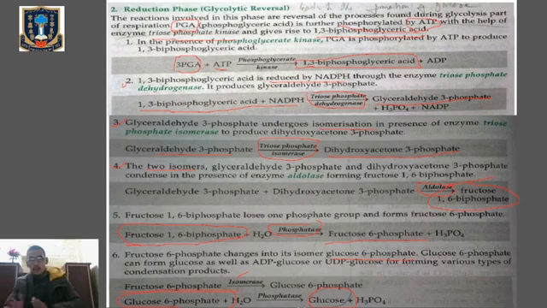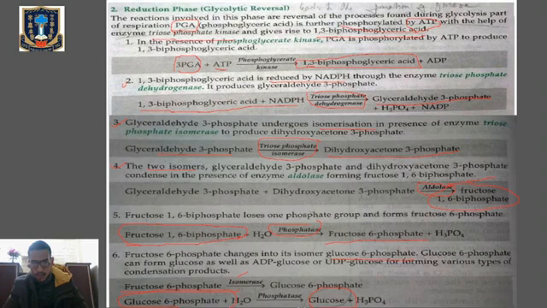So what are the events that occur during the reduction phase of the Calvin cycle or the C3 cycle? Listen very carefully. The phosphoglyceric acid which was produced in the carboxylation phase of the C3 cycle will be phosphorylated in the presence of ATP and by the help of the enzyme triose phosphate kinase to form 1,3-biphosphoglyceric acid. Now that 1,3-biphosphoglyceric acid will be reduced by NADPH in the presence of the enzyme triose phosphate dehydrogenase to form